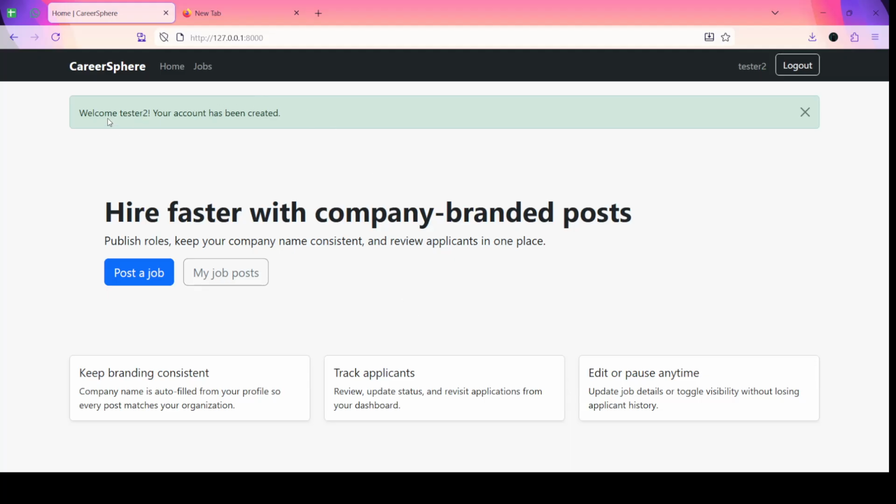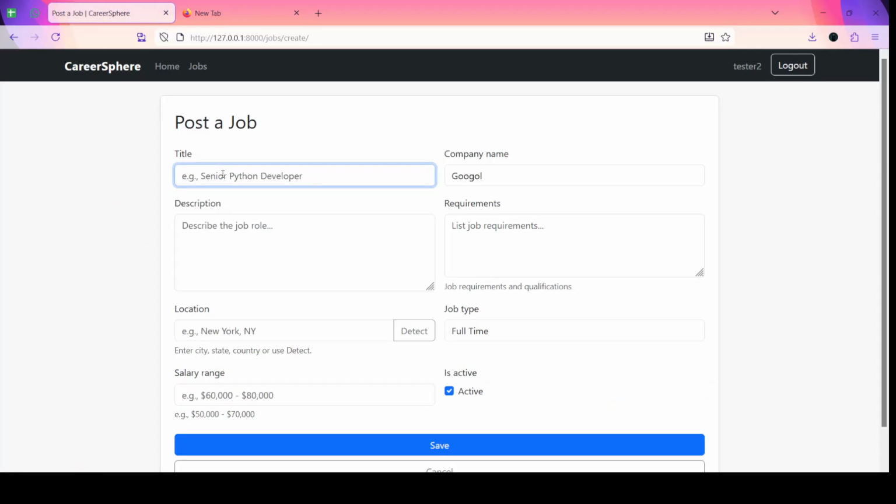As you can see, now we have signed up as an employer, and as we are an employer, it comes with post a job and the jobs we have posted. Earlier, when we were signed in as a job seeker, we had job postings available and the applications that we had made. So now we can post a job. For example,